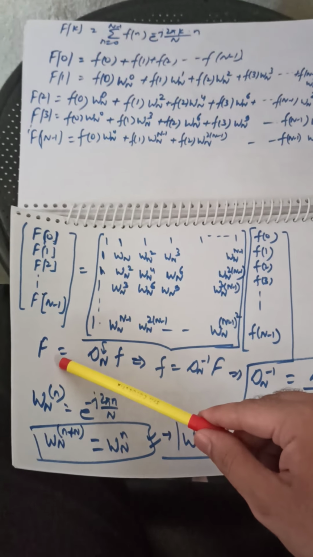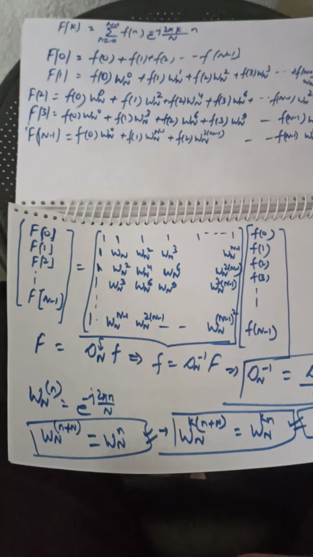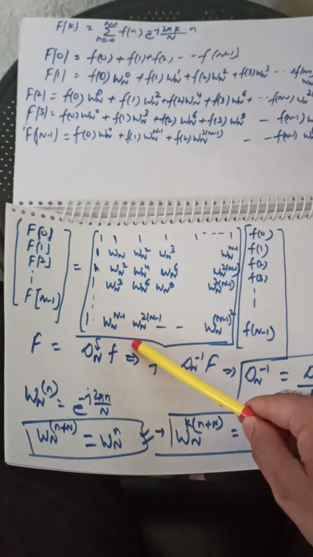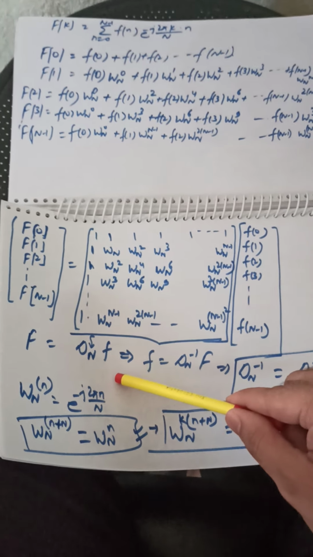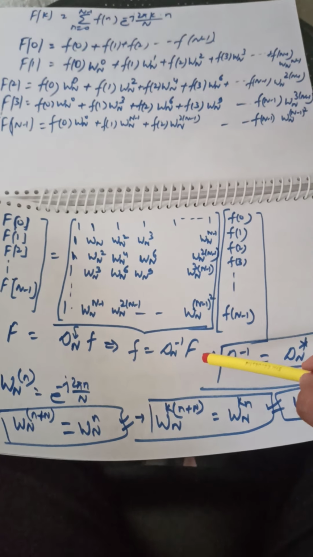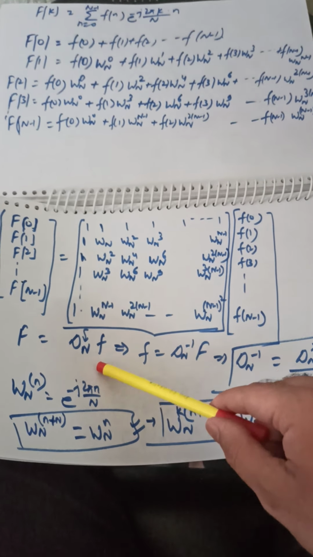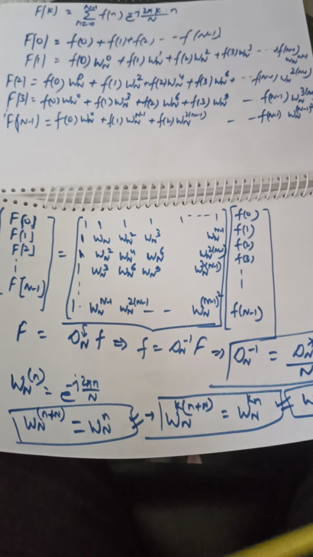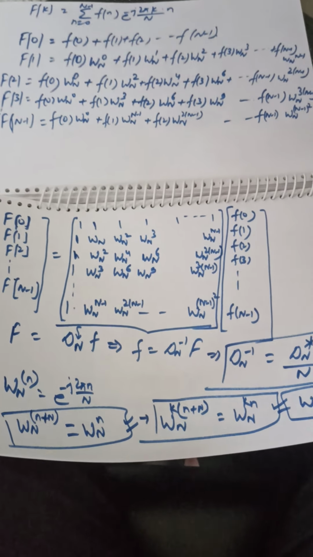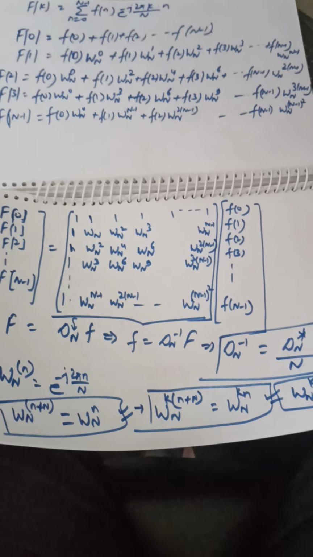Coming to the definition of capital F. Capital F is nothing but dn. This is what dn looks like. F is represented by small f, dn inverse f. What I am doing here is that I am taking this dn to the left hand side. So the small f is represented as dn inverse of capital F.